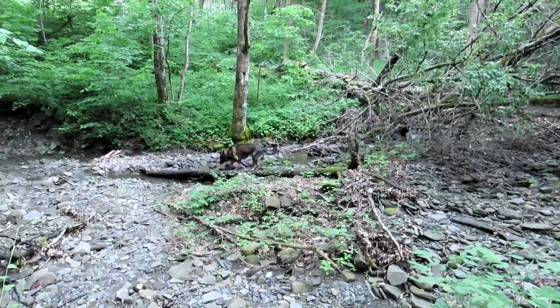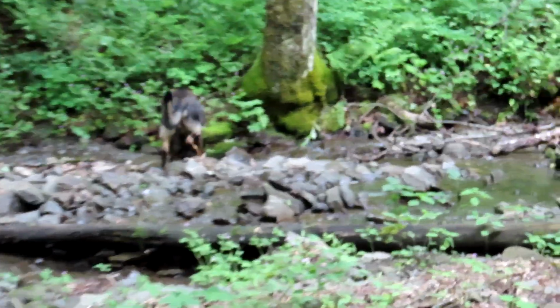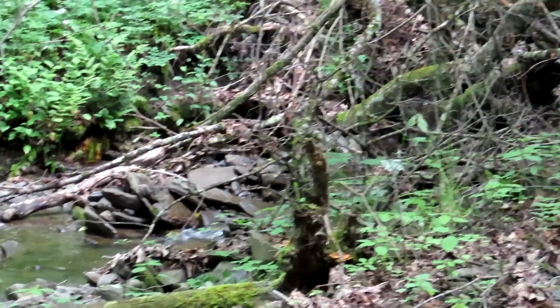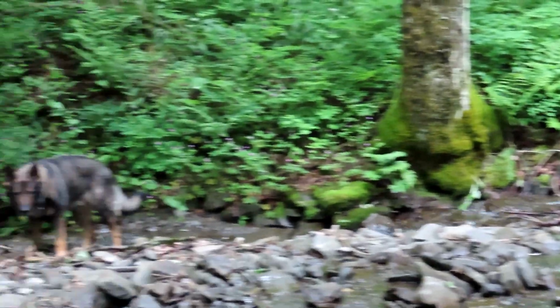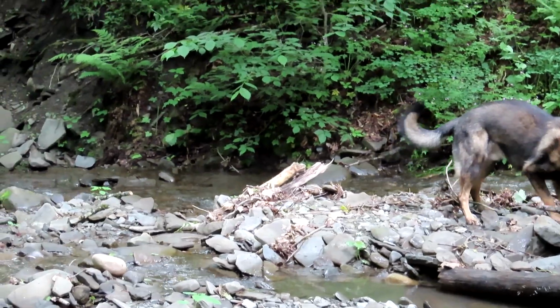This is a really nice stream. Really good water. It comes from the very top of this mountain. There's no agricultural anything near it. So it's pretty safe water until it gets to about here, and then it gets too close to the road for...